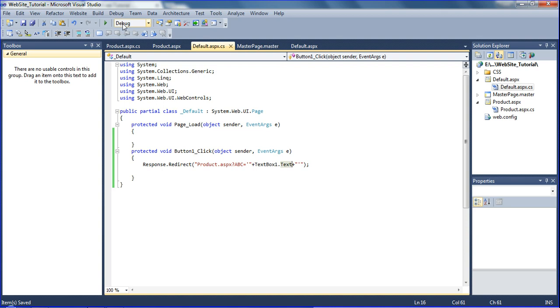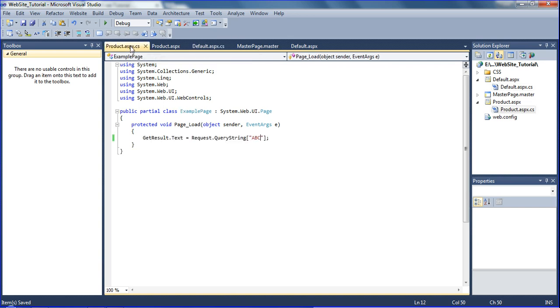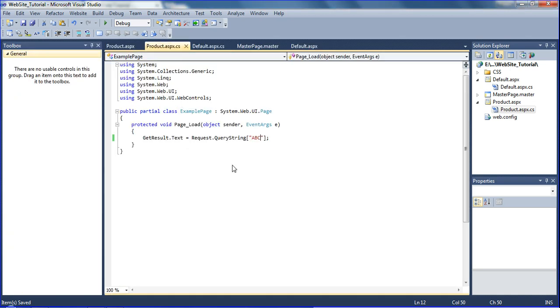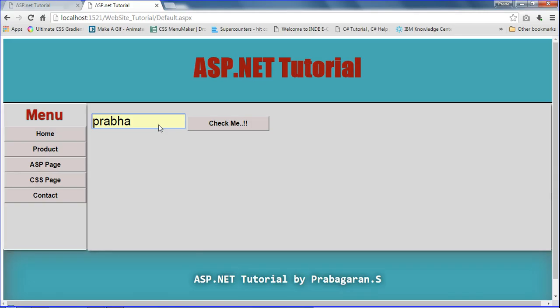Now I am going to run it. It will be a function: the text box text I am getting in this variable, this parameter. In this parameter I am passing to the product page, so whenever this product page opens, at that time I will get the ABC parameter text, and that result I will get in this get result label. So I am going to click check it.